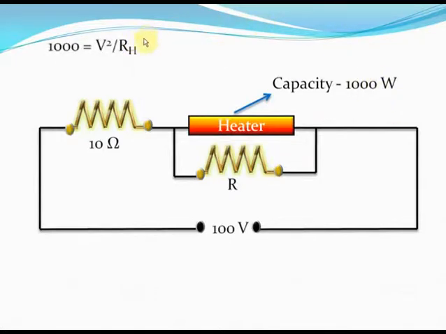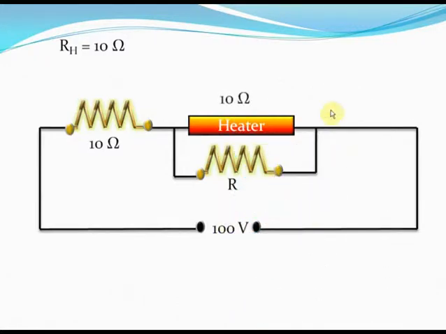You see, clearly the power consumed by the heater is V square by RH, where RH is the resistance in the heater, isn't it? And V is the potential difference across the heater. Now V is clearly 100 volts because it is given that the power is 1000 watts when the voltage across the heater is 100 volts. That gives us the value of the resistance inside the heater, RH. This resistance comes out to be 10 ohms. So now we can say that the net resistance offered by the heater to the flow of electric current is 10 ohms.